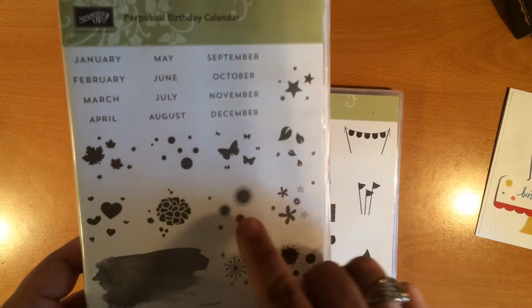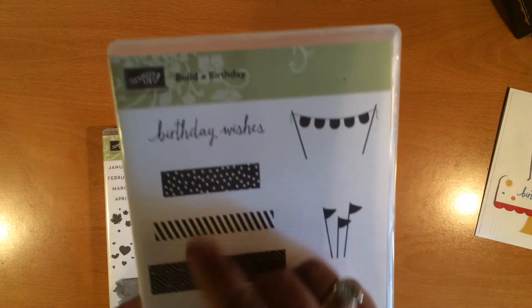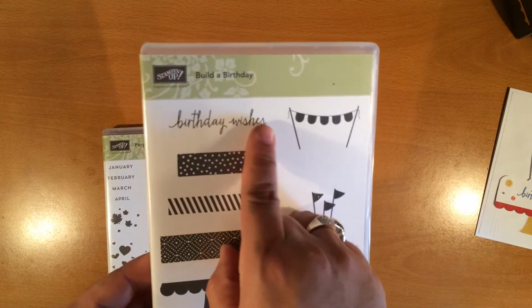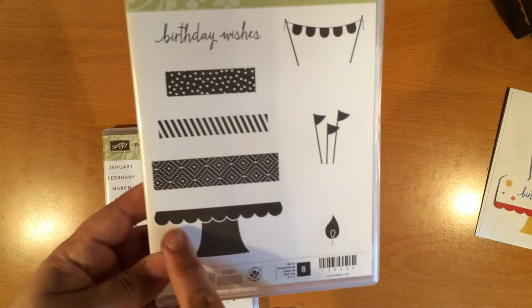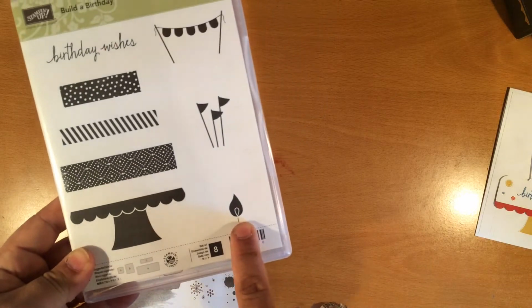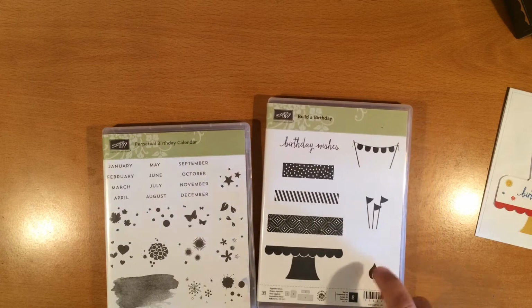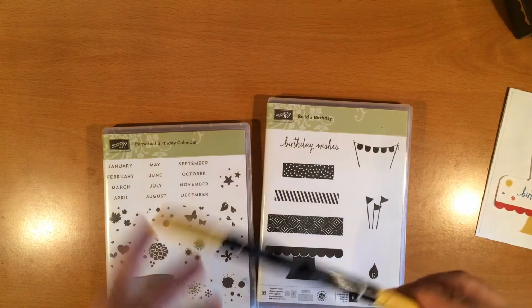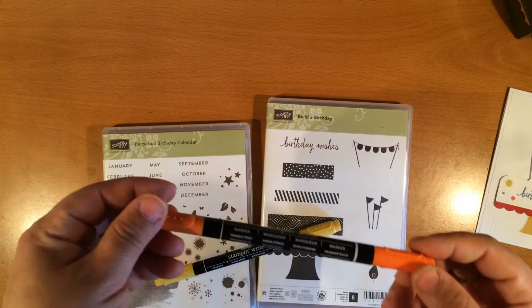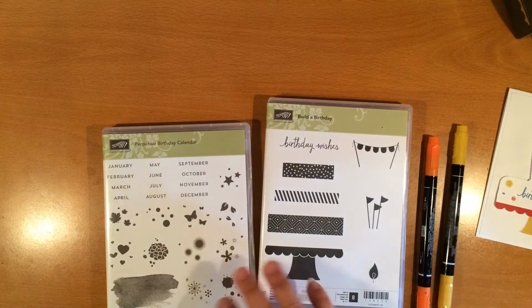And we're going to be using this stamp right here and the Build a Birthday stamp set. And we're going to be using the birthday wishes sentiment, and the cake stand here. We're also going to be using the candle, the candle flame, and also the Hello Honey Stampin' Write marker, as well as the Tangelo Twist Stampin' Write marker. Okay,